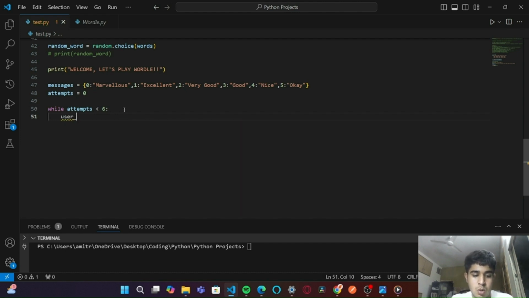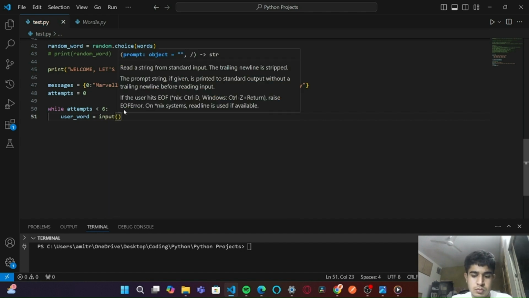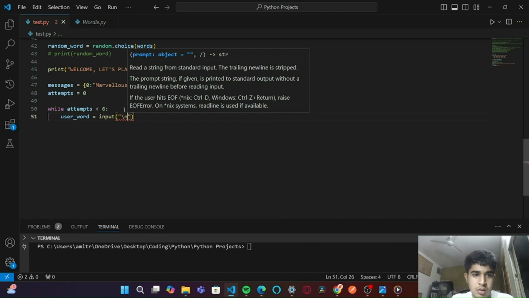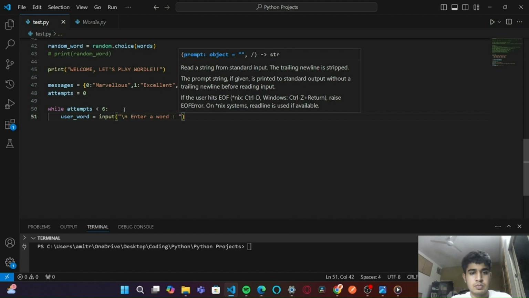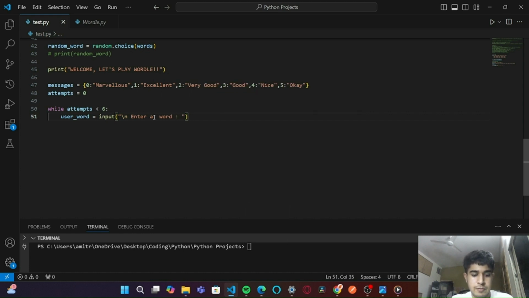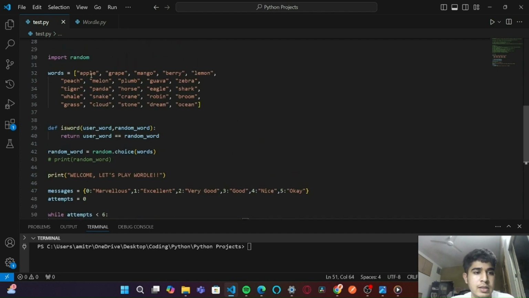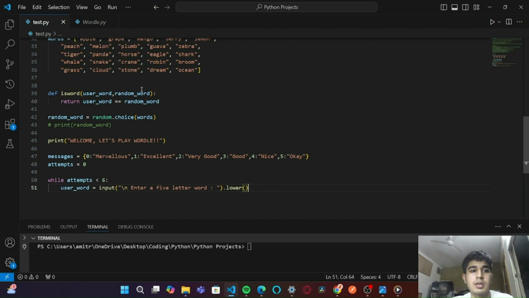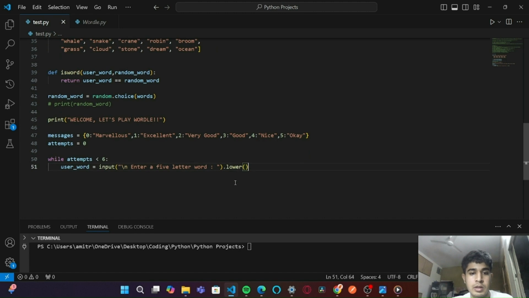Let's say user word is equal to input, \n enter a word, or let's be more specific, a 5-letter word. And let's also use this method called .lower to not have any bias, right? If you observe, all the words here have lowercase alphabets, so we don't want somebody to input capital C in crane and it's not being recognized, right? So we'll do a .lower on the user word,